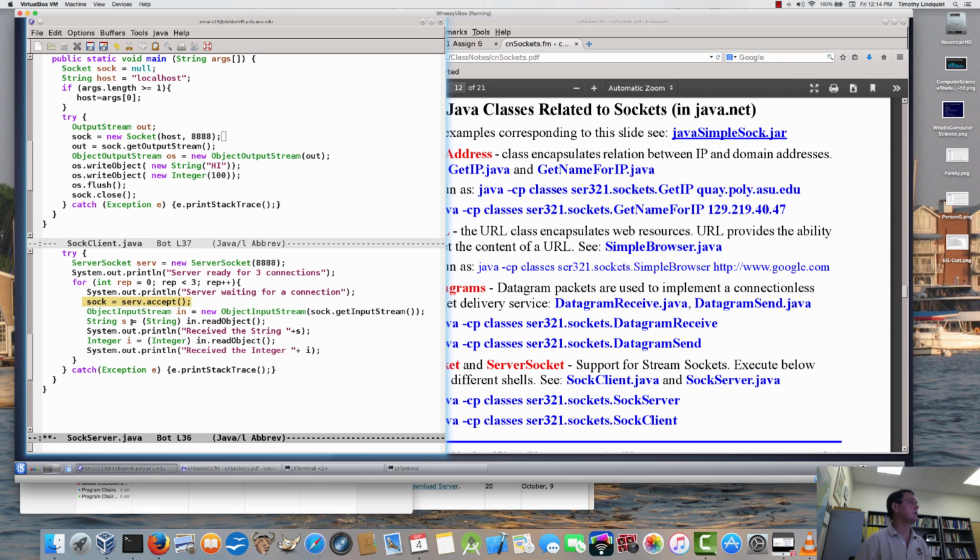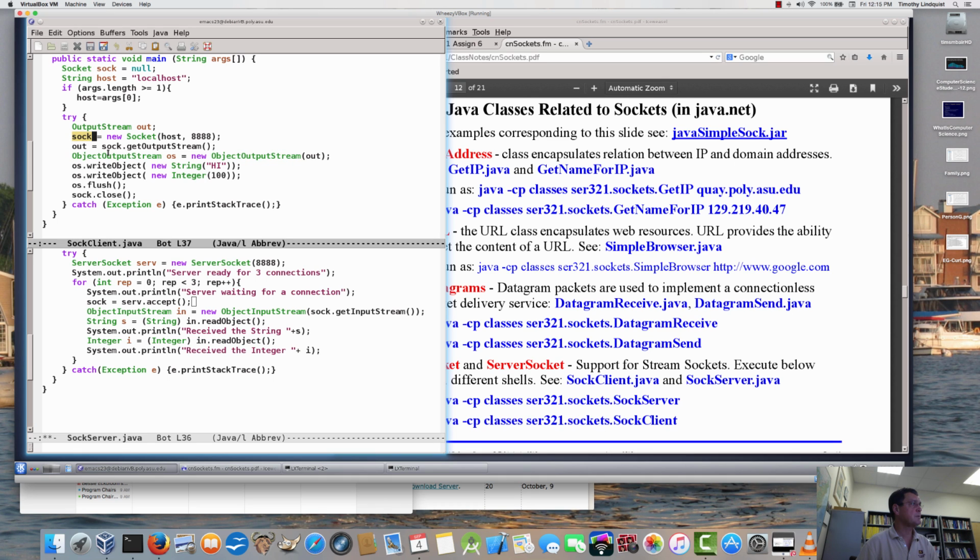A socket object is the exact same thing that the client has. So once the server moves past the accept, then sock on the server side and sock on the client side, where I'm using the same variable name, have been defined,